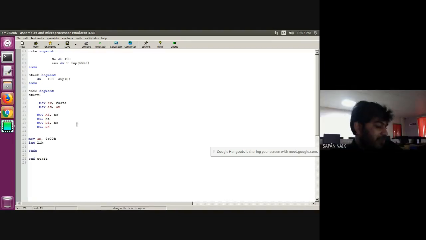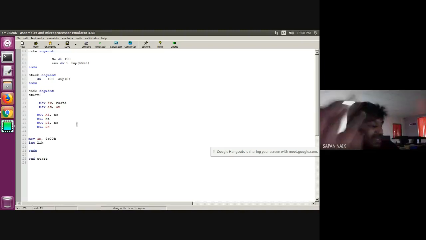So now my DX is a 16-bit number which contains 120, and my AX contains the answer of 120 into 120, which is also a 16-bit number. So now I can multiply DX and AX. In a multiplication instruction, AX is the default operand, so I don't need to write AX. So multiply DX, and it automatically multiplies AX and DX. Clear?